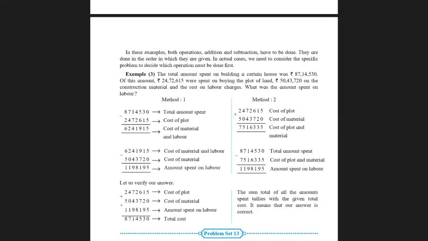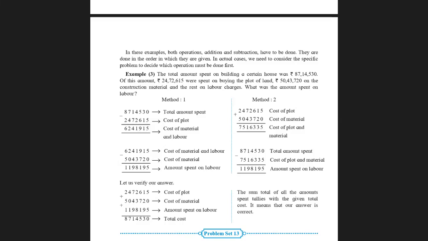Now in method 1, they have done this: from the total amount spent, they have subtracted the cost of the plot. So you get an amount which consists of the cost of material and labor, that is 62,41,915. Now from here I am going to subtract the cost of the material. So what do I get? I get the amount spent on labor,